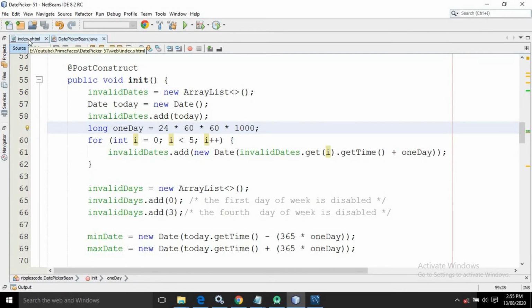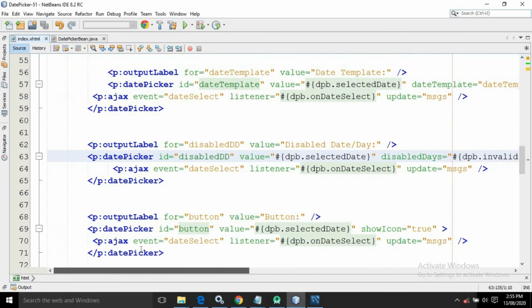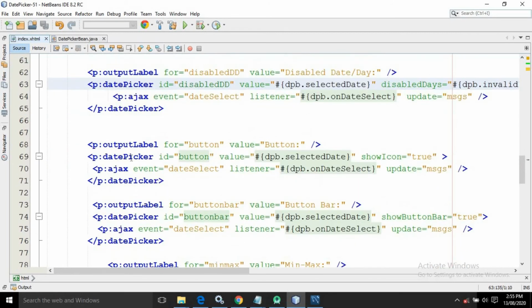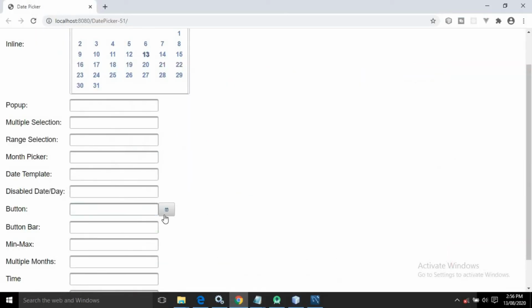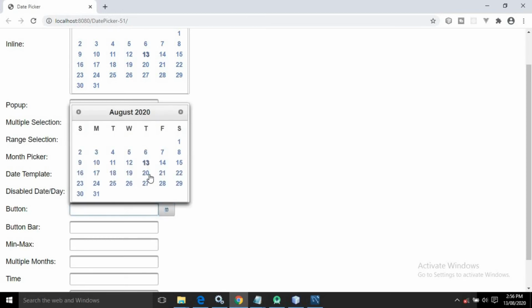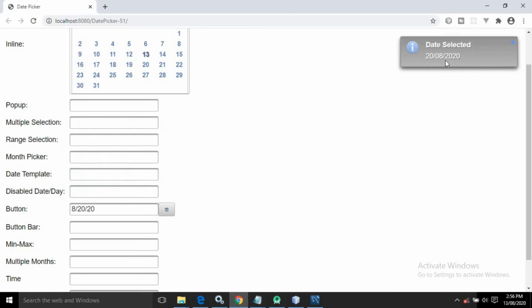Now again I go to index.html. This disabled date is done. Now again I am using a date picker. In the value again I am using selectedDate, and in the listener I am using onDateSelect. These things I will not discuss because I have already discussed them. The only difference is that in this date picker I have used the showIcon attribute as true, and that's why here you can see this icon is visible, and if I click on this icon then this date picker will come. If I select a date, then that will be displayed in the growl. Okay,